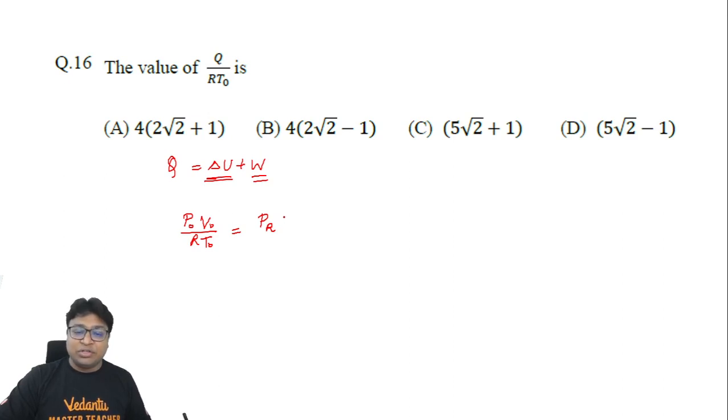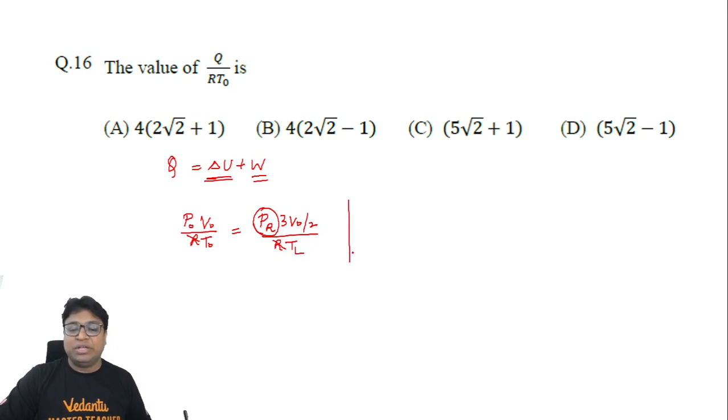Okay, the volume of the left chamber will be 3 V naught by 2. And the temperature, we are still to figure out the value of the temperature. This R and this R get cancelled. So in this equation, if we figure out the value of PR, then we are done. I'll be able to substitute it here, and then I will be able to get the value of TL.